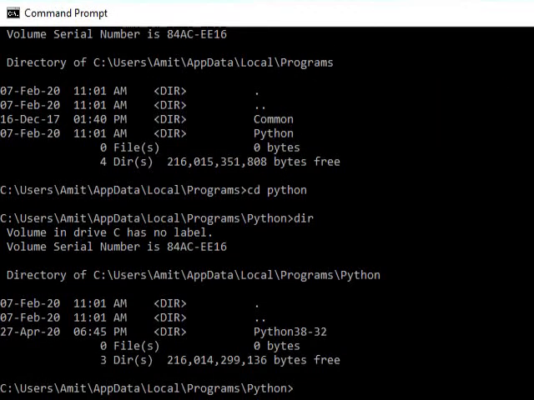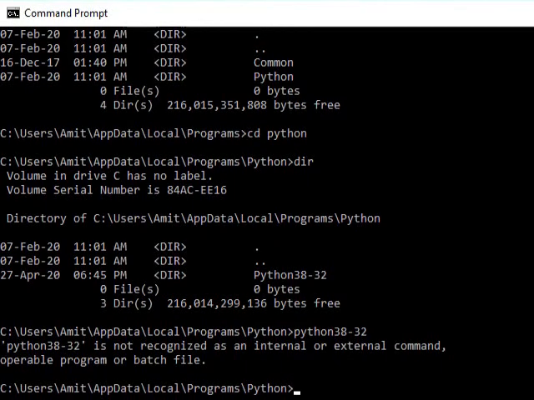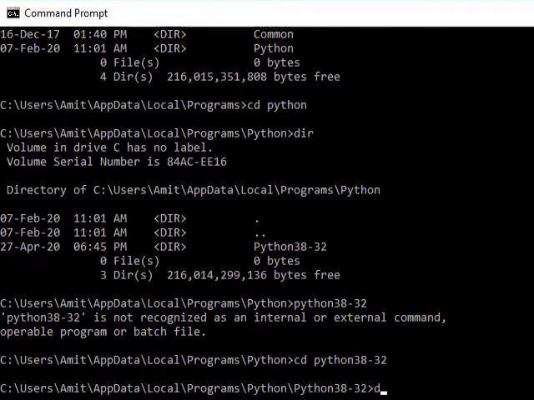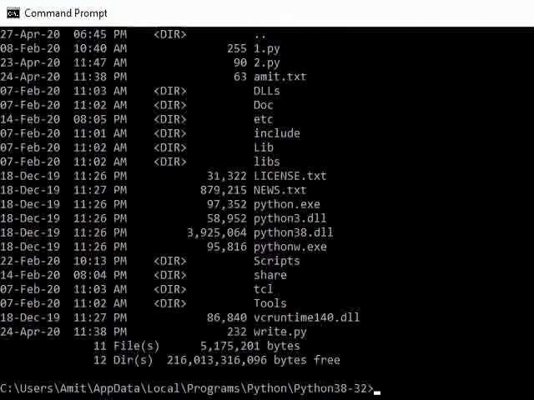We have one folder, Python38-32, without space. We need to do cd. Now let us see. So these are the files contained here.